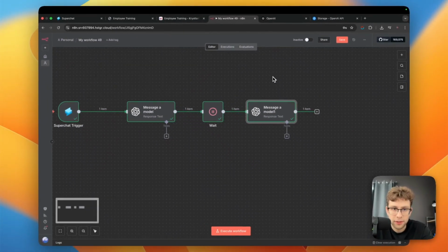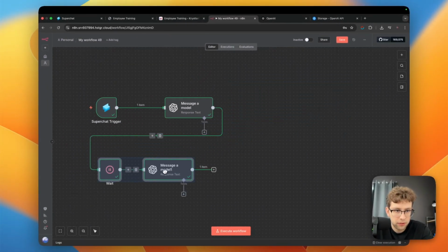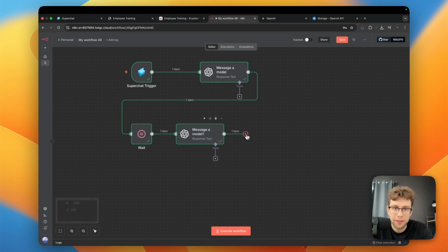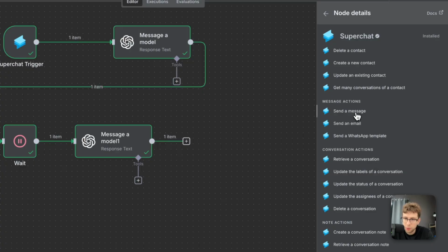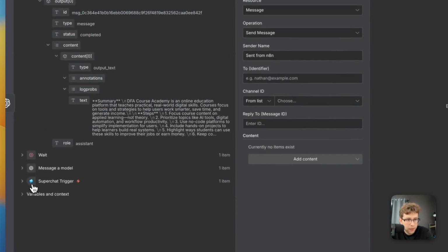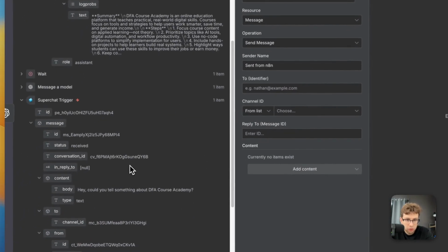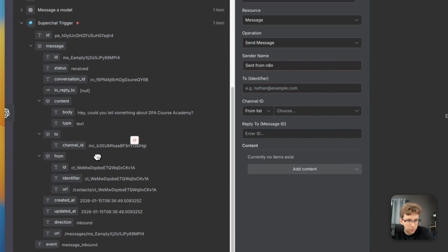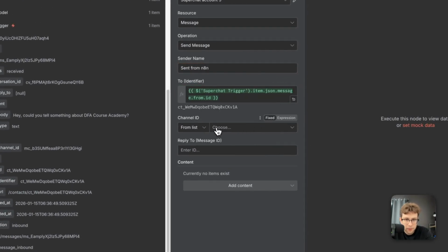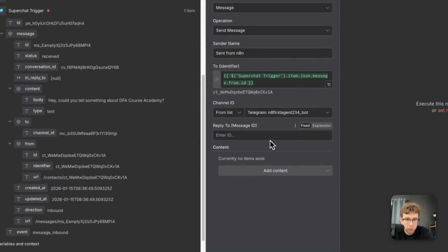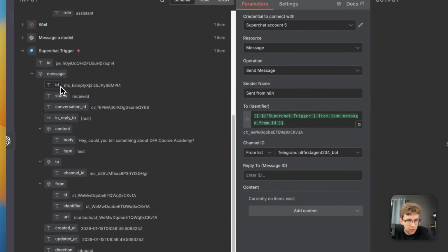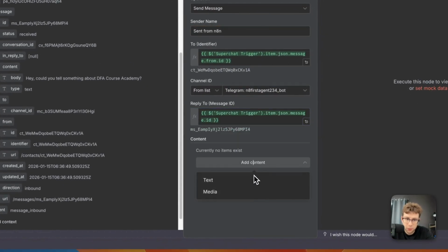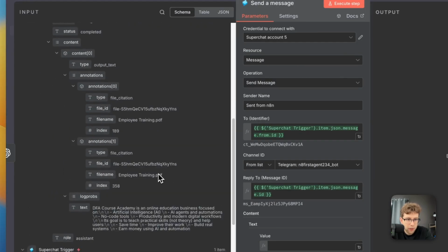The next step we want to do is to add the Superchat. So we want to just return the message back to our Telegram. Here we send a message. Now we pick the identifier, which is going to be, let's pick from ID. Then we've got a channel, which is our connected Telegram. Also, we've got reply to, so we've got the message ID. Where do we have it? We've got it here. And the last thing, we add the content from our message a model node, but not